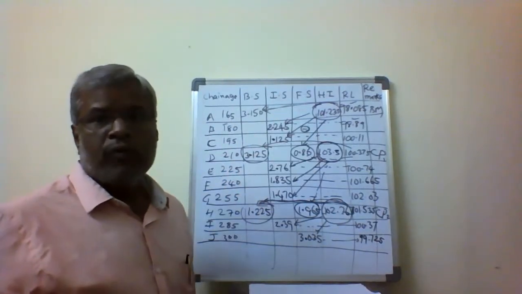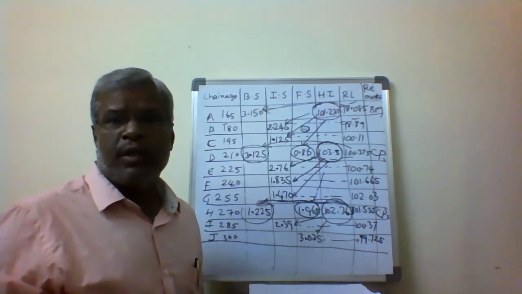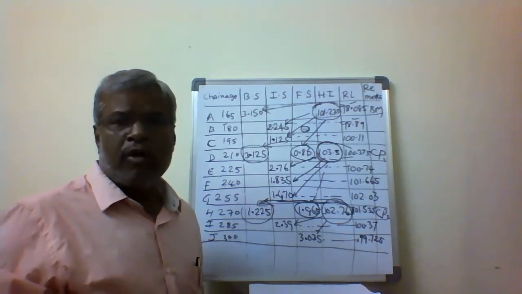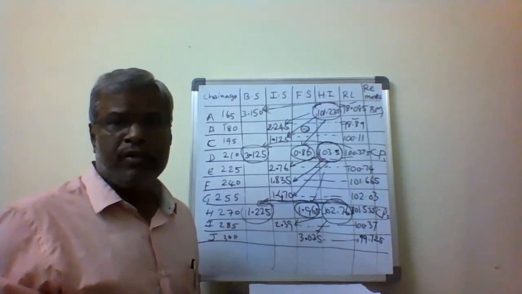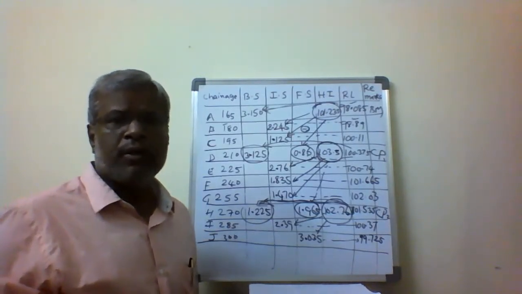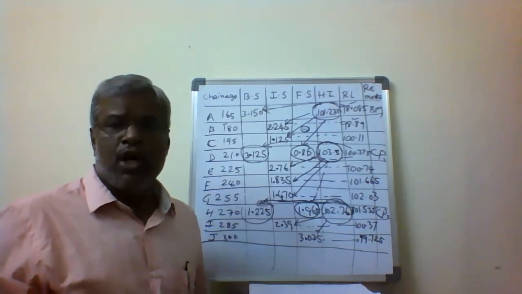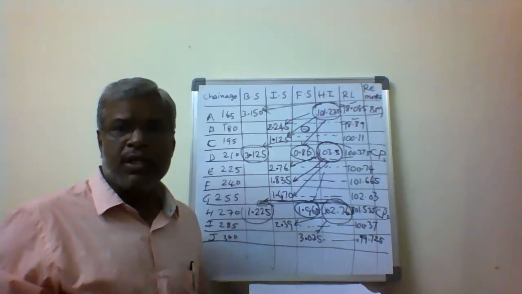So now we calculated at 165 what the elevation is. In the problem itself the benchmark is given as 98.05. Elevation at 180 meters calculated. Elevation or reduced level at 195 meters, 210 meters, 225 meters chain, 240 meters chain, 255 meters chain, 270, 285 and 300 meters chain. All the elevations of the points are calculated.